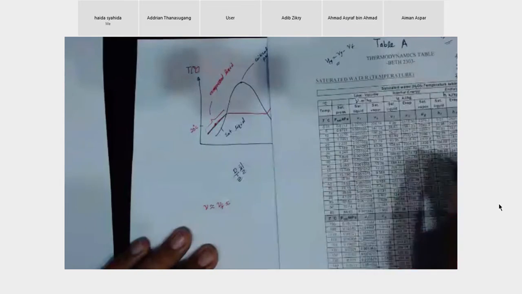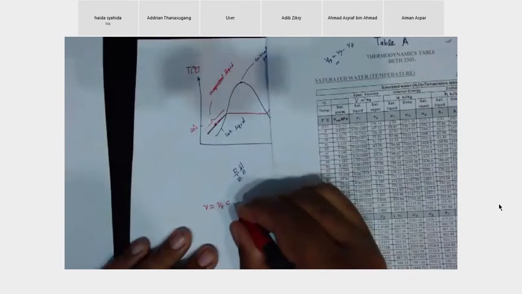So probably for my liquid water now at 20 degrees Celsius, the specific volume is 0.001002